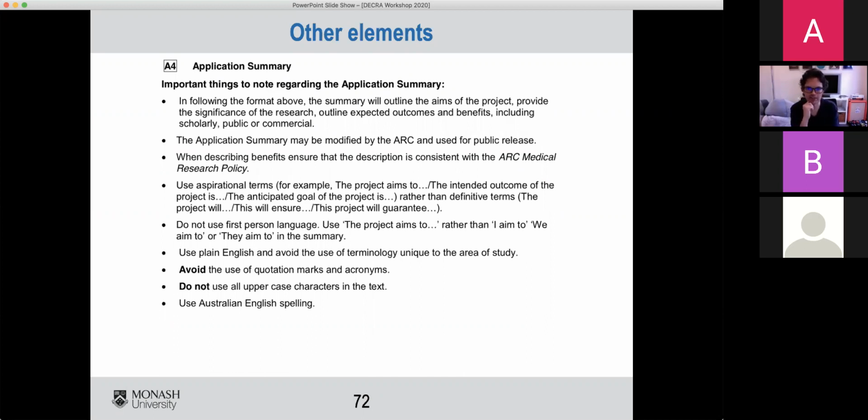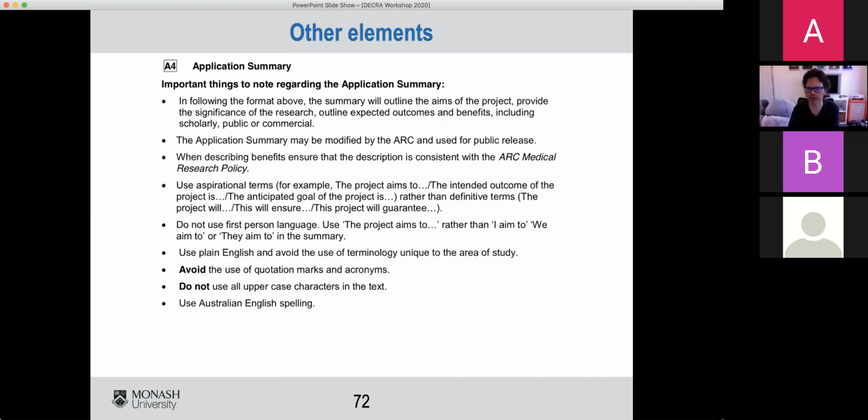Even if your research might have future application in understanding and combating the obesity epidemic, you've got to be very careful about how you say that in your application summary, because if your research is about human obesity, it probably is going to fall on the medical research side, and then your grant will be excluded as non-eligible because of the ARC medical research policy.